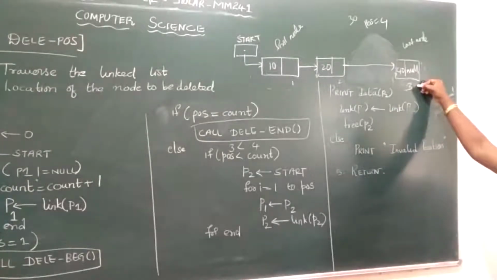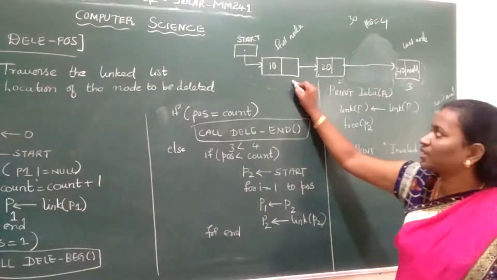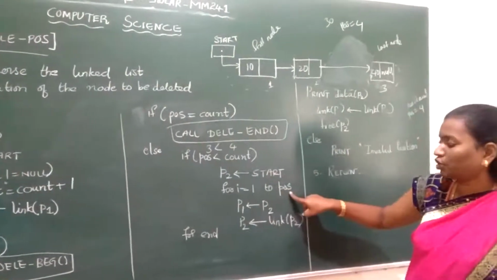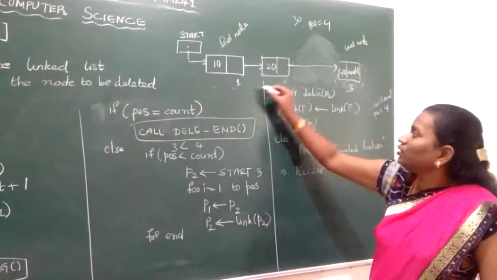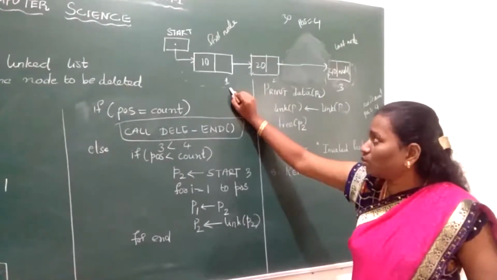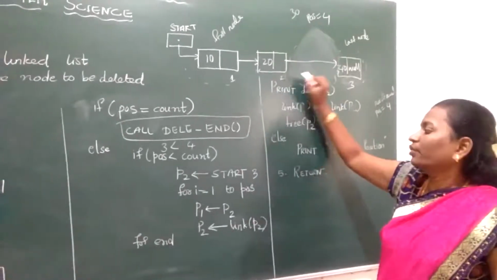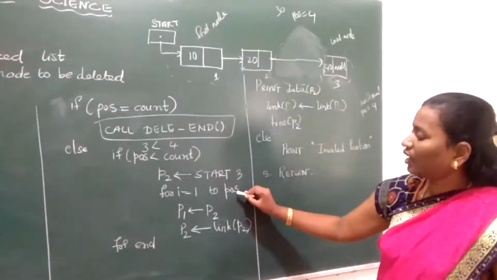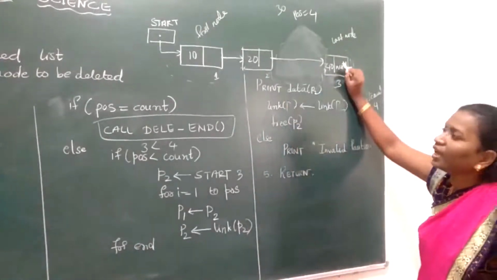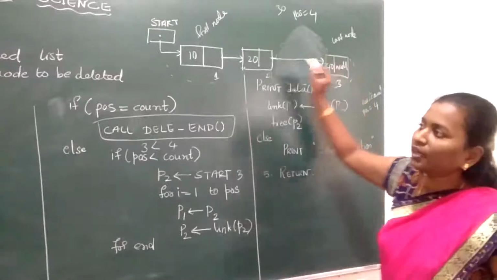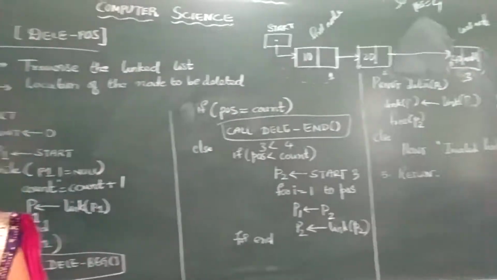Now this is exactly where we are going to see till where we reach the position. We are using a for loop. First we will be searching for I is equal to 1 to position. So what is your position? Your position is 3. Here we will be checking whether to delete. No, we reach here. Once we reach the position, that is position is equal to 3, that time we just interchange the link and we just delete the node. So I repeat, this is the algorithm to delete the element at the given position.